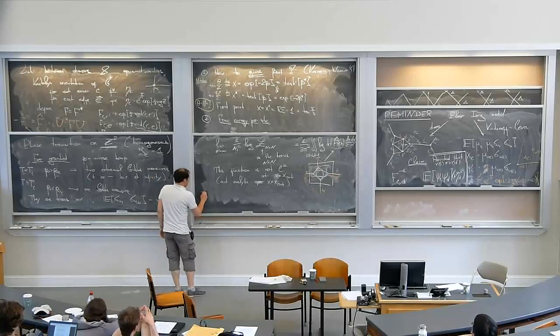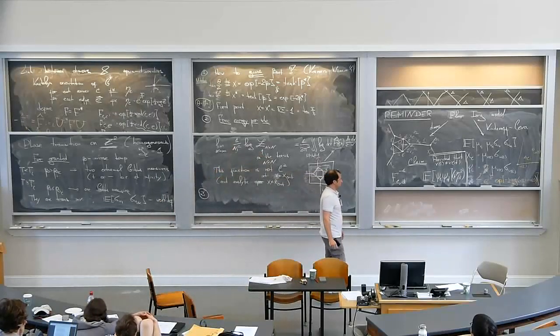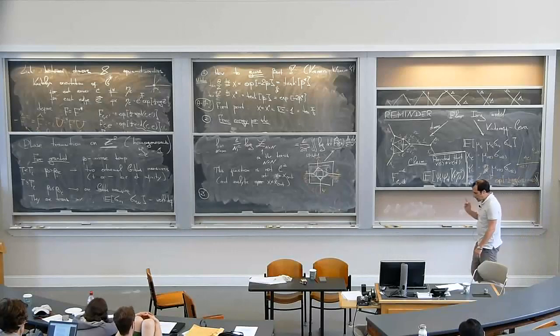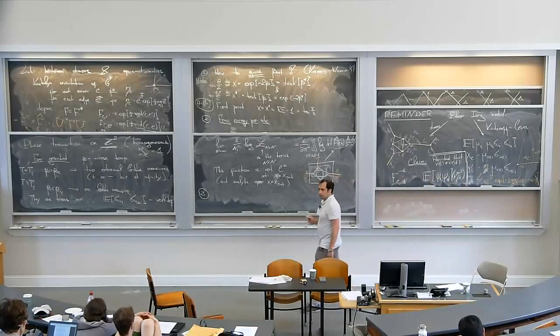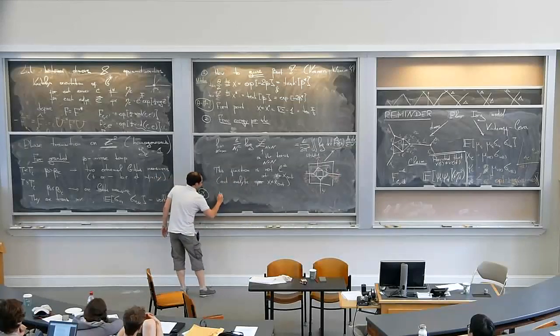So that's a relatively standard thing to do in the classes on the Ising model. And what I want to do now is a less standard thing. So what I'm going to do now is to compute a two-point function. Just to compute